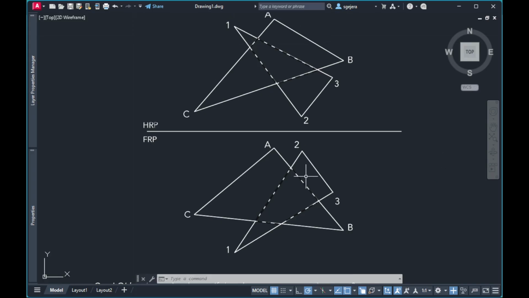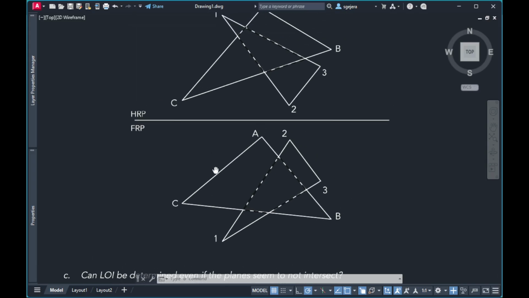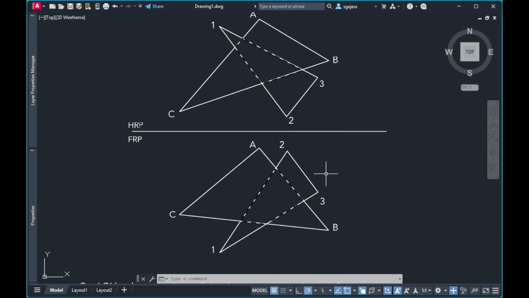AC, tama? AC here. Although nag-overlap siya dito, at this view, hindi siya nag-overlap. So, meaning, wala ding chance siya. Meron pang isa. 2, 3, no? 2, 3 here and here does not seem to overlap. Therefore, pwede natin siyang eliminate. So, from 6 edges, na-eliminate na natin siya